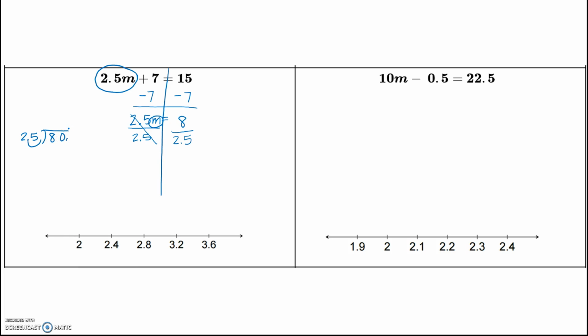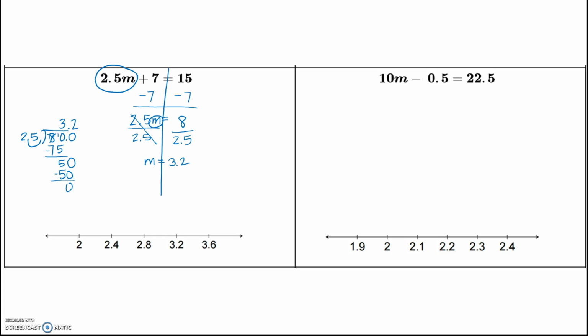Okay. 25 goes into 80 3 times. 3 times 25 is 75. Borrow from there. 10 minus 5 is 5. 0. Okay, and then 2 times 25 is 50. So now my answer is m equals